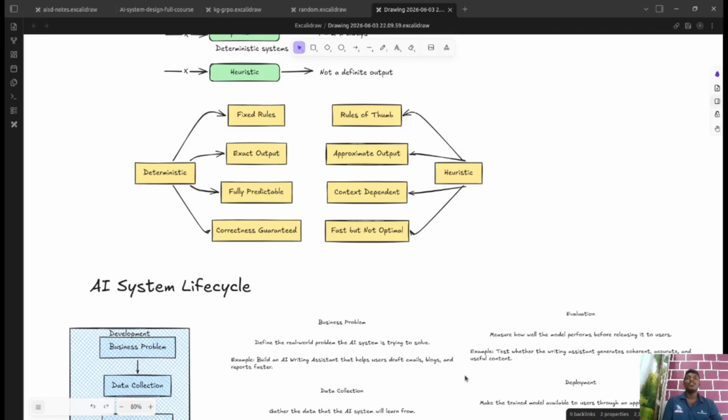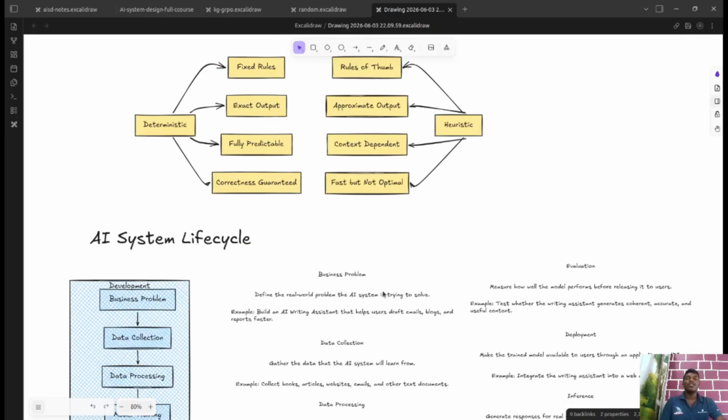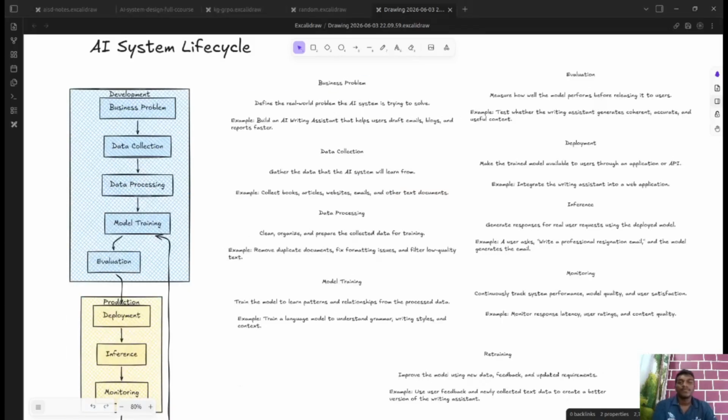So that's what we are going to see in the whole course: how we are going to handle those wide variety of responses, and how we are going to build an effective system involving AI. AI system lifecycle.